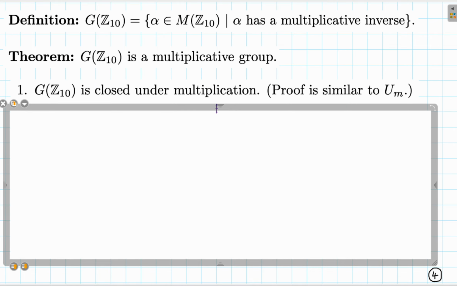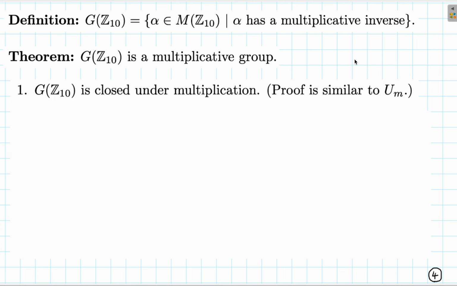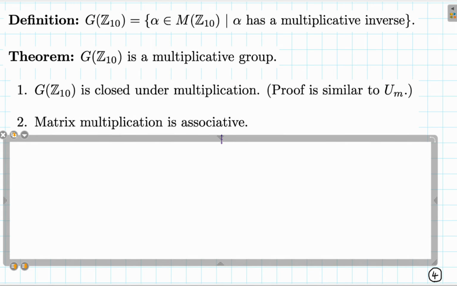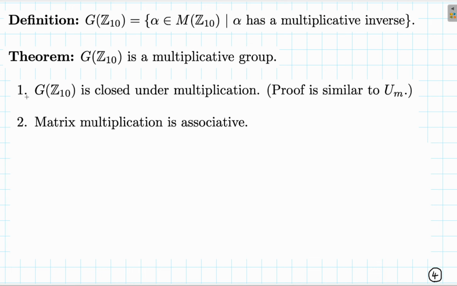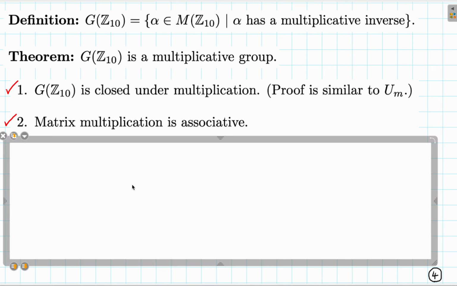First, closure. G of Z10 is closed under multiplication, and the proof of this is very similar to the argument you made in the classwork for UM. And so I will leave it up to you to look at the proof that you did for UM being closed under multiplication and see if you can adapt it for G of Z10. We also know that matrix multiplication is associative, and so that property is satisfied. So we'll check off the first two properties. How about the